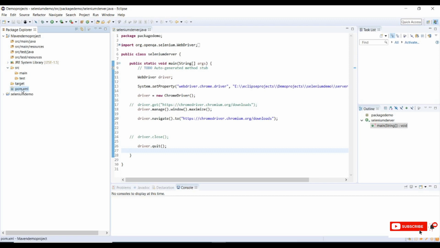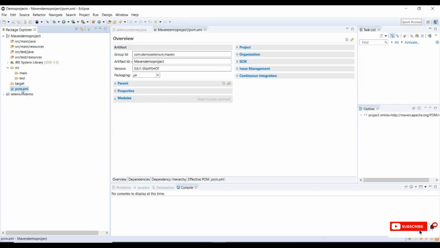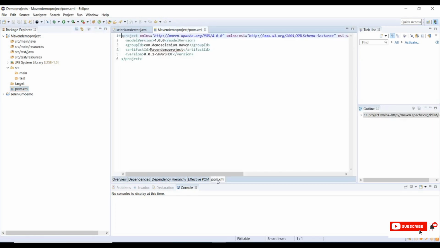Maven is a project management tool which comes with a POM. The POM is nothing but the Project Object Model, which is used for builds, dependencies and documentation. Let me open this pom.xml file. Once we open it, we will be on the Overview section, and at the last tab we have pom.xml.